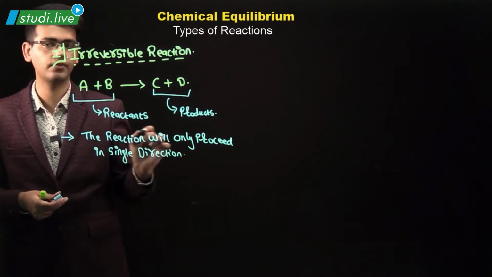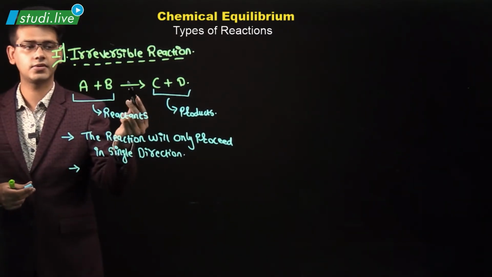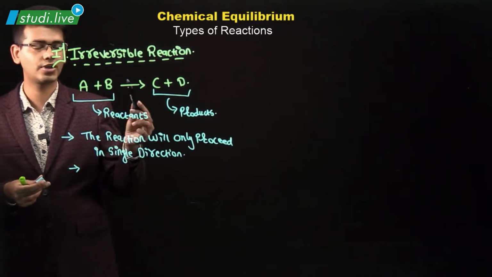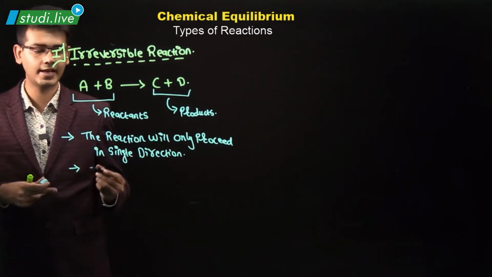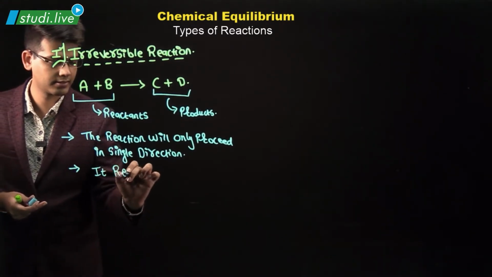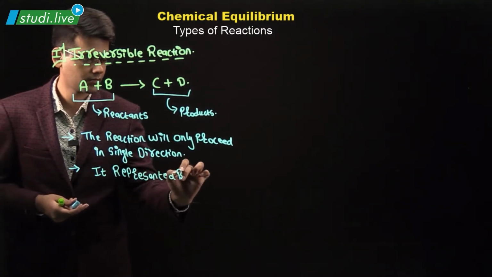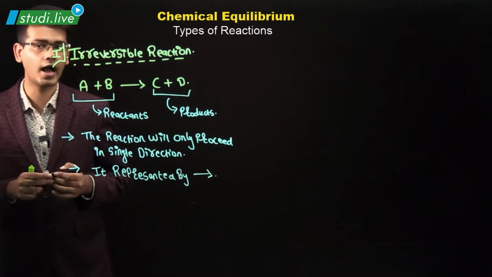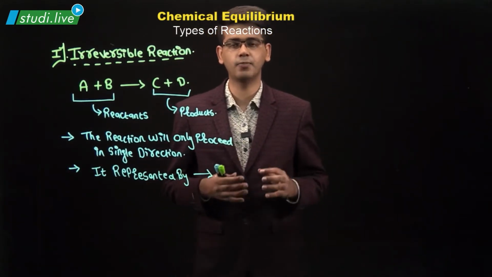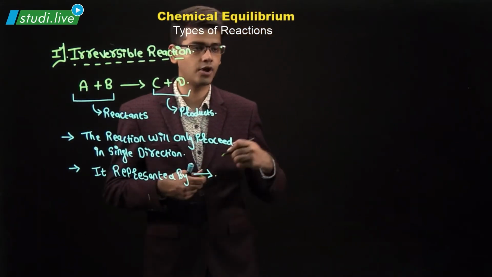and always in case of irreversible reaction, it is always represented with this single arrow. The single arrow simply represents that A and B reactant will react with each other, and after the reaction of A and B, what we'll get is nothing but C and D. So next point we can say represented by this single arrow. Now, there are some other important points with respect to irreversible reaction, and those points we have to remember for any kind of theoretical questions which are asked in any kind of exam.